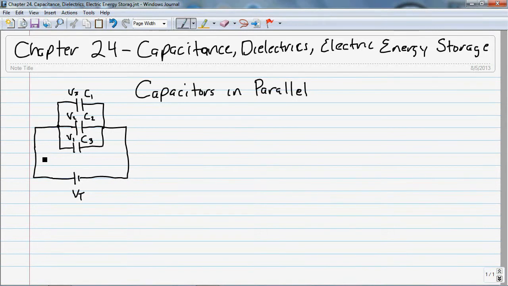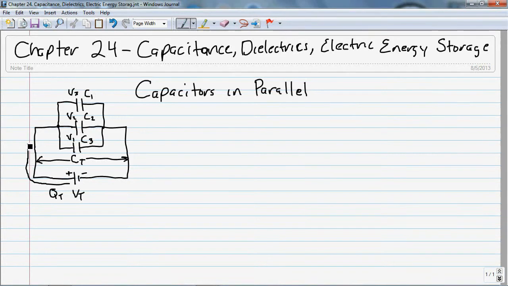And we're interested in the capacitance CT across this source VT. So let's think about how this is going to work. We have some charge, we'll call it QT,